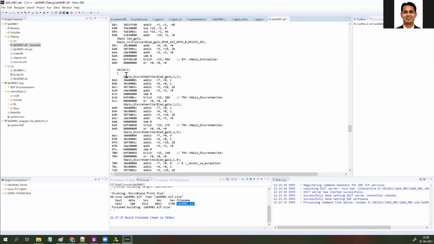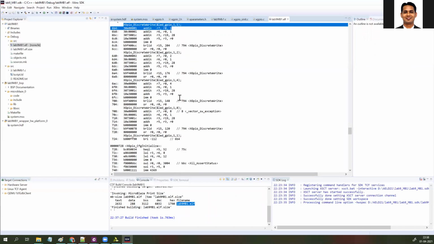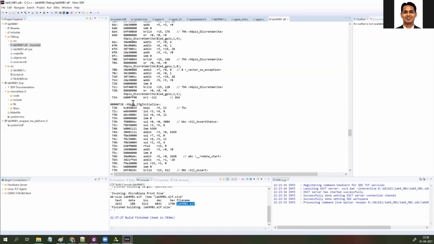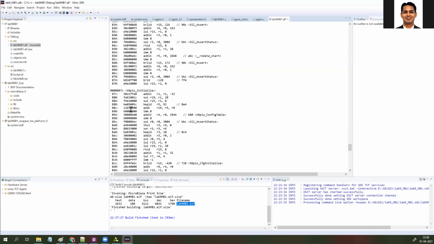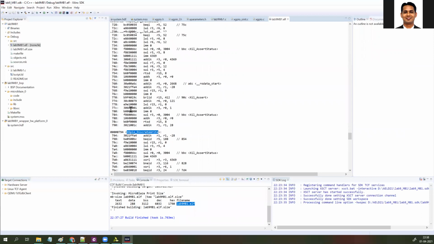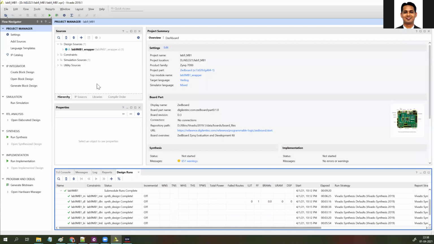For example, to write the 1, you have a set of instructions. To initialize, you have some set of instructions. Then to write 1, 2, 4, 8 values, you have some set of instructions. Then for the discrete write function, you have a set of assembly language instructions. So your code is now converted into a set of assembly language instructions, and these instructions need to be stored in the local memory of your Microblaze, and then once we run the simulation, Microblaze will start executing these instructions. To enable the same,